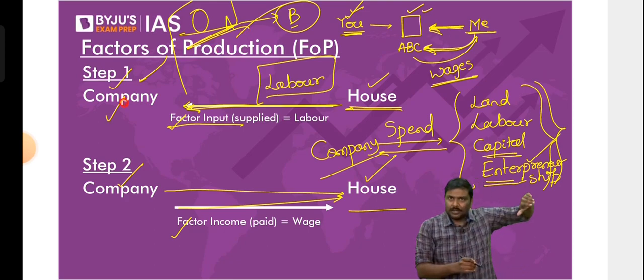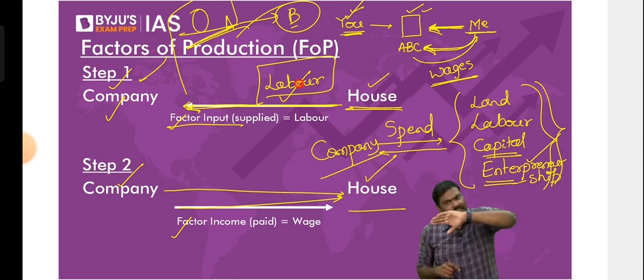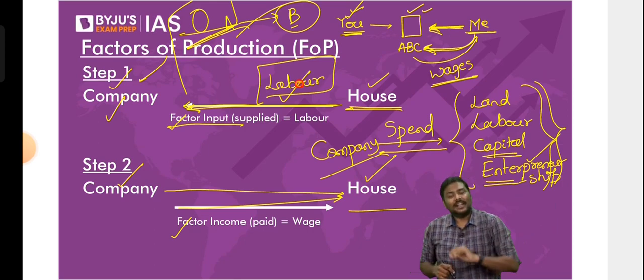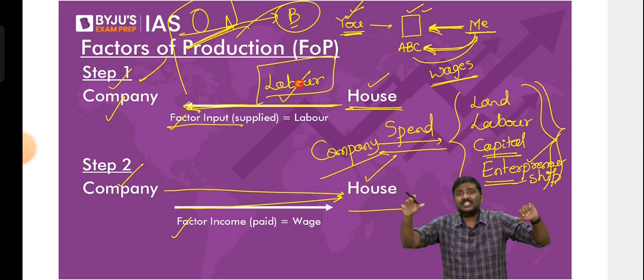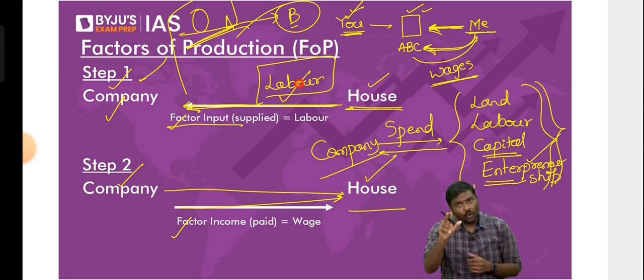So the company will use the labor, pay wages. In the same way, company will purchase the machines. Company has to pay money. Company is using the money of the investor, the owner of the company. Owner is spending all the resources. Owner is taking the risk. So the owner should also get something from the company.